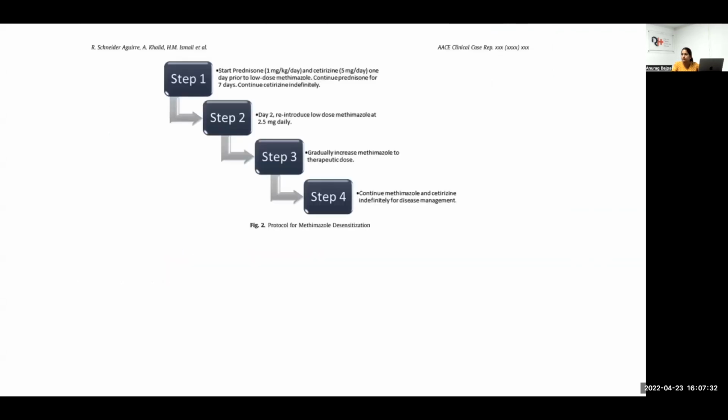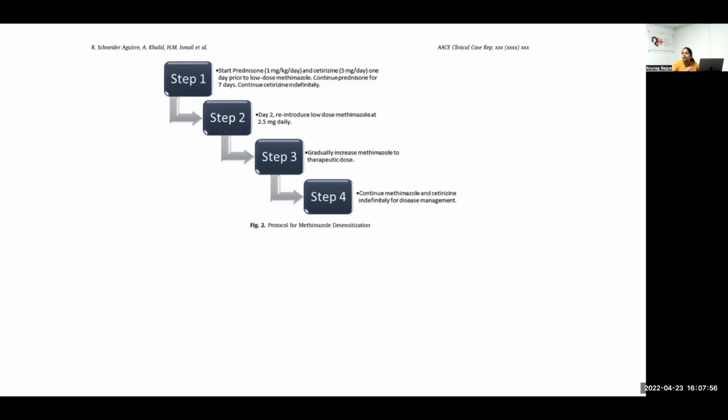What they have done, they started the prednisolone with 1 milligram per kg per day and the cetirizine, and started the methimazole with a lower dose, that is 0.1 milligram per kg, and they gradually built up the dose of the methimazole from the second day, and they have given the prednisolone for 7 days. And after giving the 7 days, when the dose of the methimazole had reached the therapeutic dose, what they have